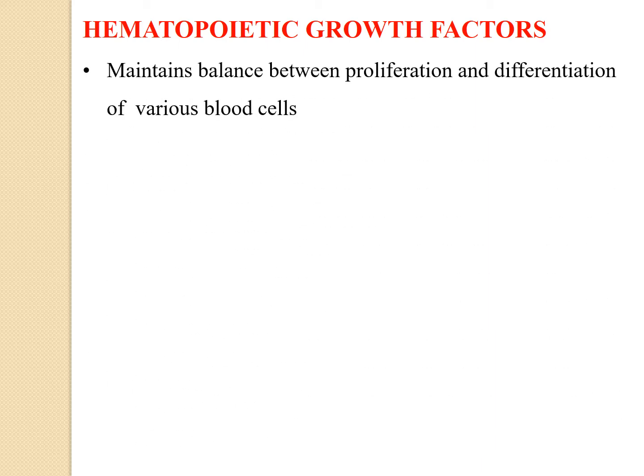So, we made the discussion about the hematinics with the three ingredients iron, vitamin B12, and folic acid for the production and development of the blood cells. Now, along with the hematinics, some hemopoietic growth factors are also responsible for the hemopoietic process. So let us summarize the hemopoietic growth factors.